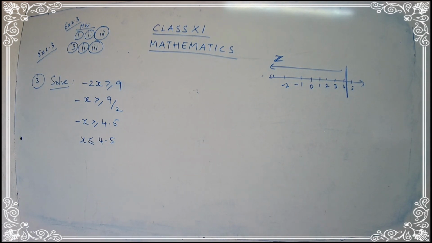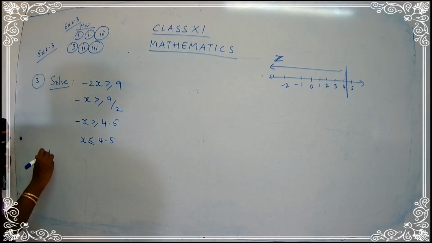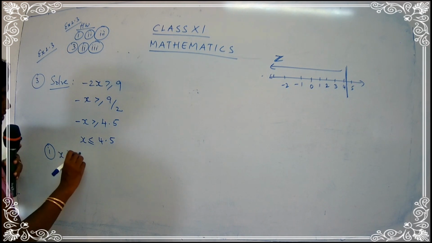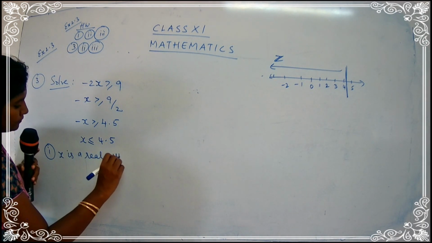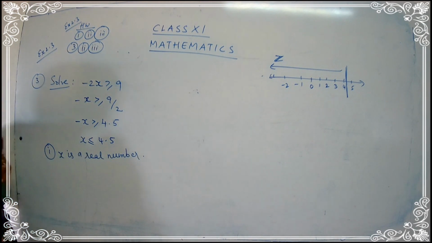Now let's follow up for the first part. What is the first part given to you? The first part is x is a real number. What do you mean by real number, children? I have already told you that under real number you have every number, like it may be a natural number, it may be a whole number, it may be an integer, it may be a rational number, it may be an irrational number. So everything comes under real number. Clear? So we are going to write down the value for real number. What is the thing given to you?